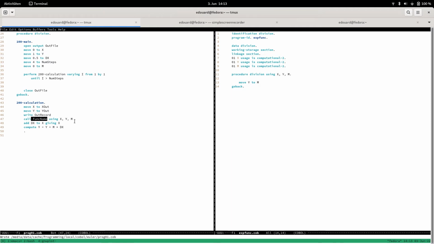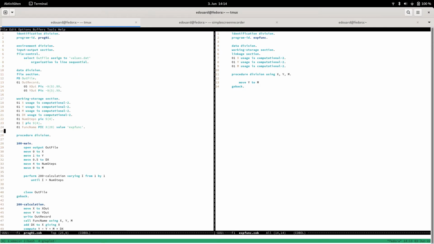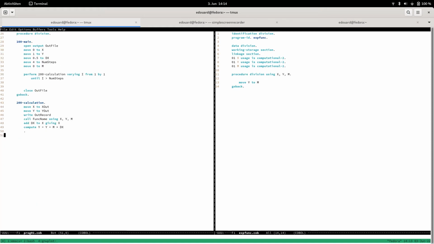This is dynamic linking. This is why GNU COBOL does dynamic linking. And you can decide to use a different function. It doesn't have to be the exponential function here, which you are solving numerically. You could solve a different function numerically. One thing we could also do is, instead of just having this one level here,